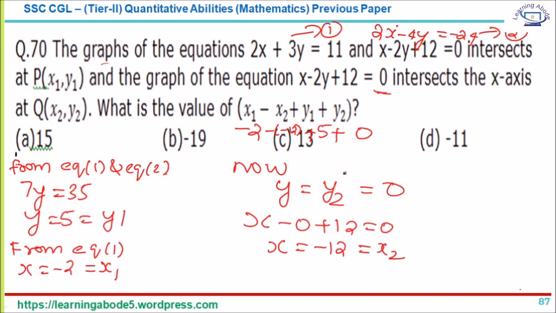So what we have is minus 2 plus 12 plus 5 equal to 15. Now that's answer option A for question number 70. Now the next one,